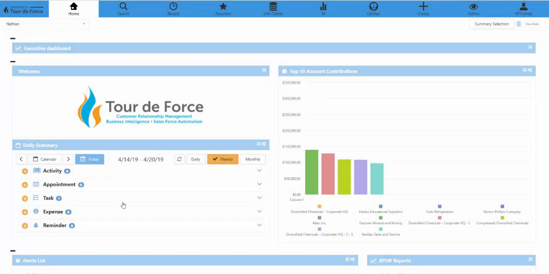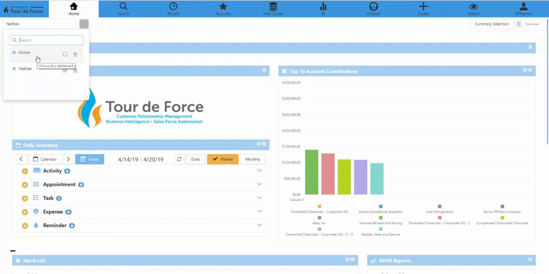New in the 2019 version of TdF, with the appropriate permissions, you now have the ability to fully customize your homepage layout by defining a dashboard. There are global and personal dashboards available to be used or created according to permissions defined by your company's TdF